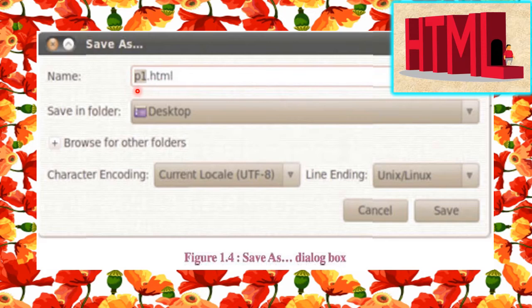Here, file name is given as p1.html means program1.html and saved on the desktop. Then go on the desktop and double click the file p1.html so it gets executed.